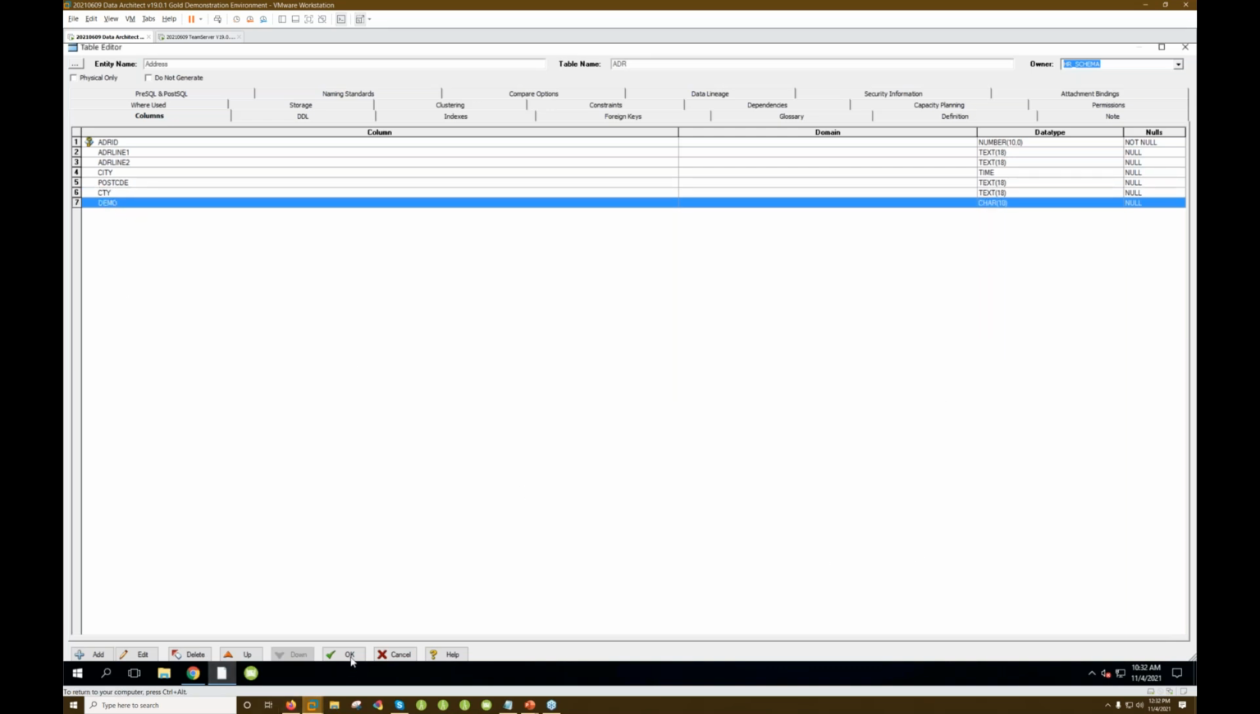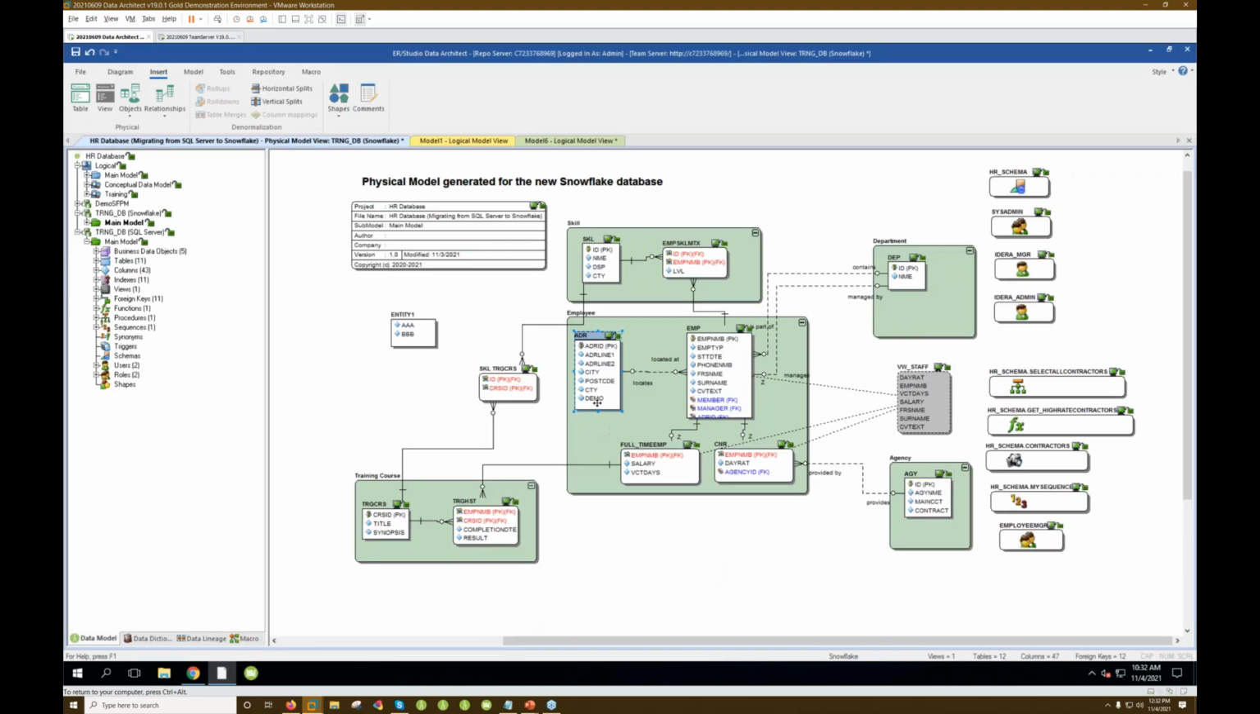I'm going to say OK. You can see it's there. I'm going to say OK here. So now you can see on our ADR table that we have the demo column there. Typically, the way the software life cycle would go is you would make this change to the logical model, and then you would use compare and merge to bring it into